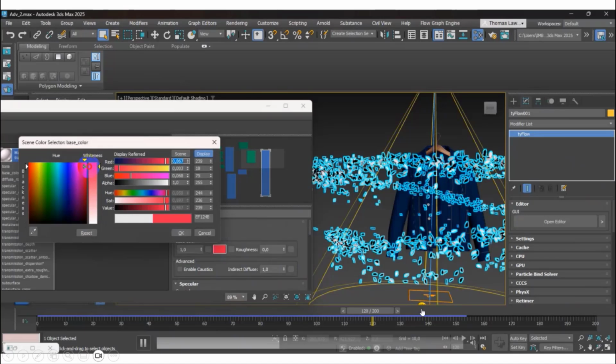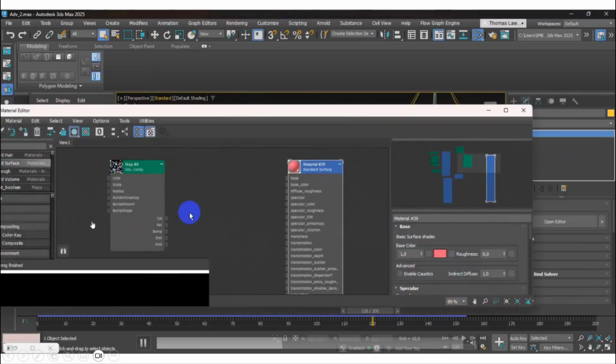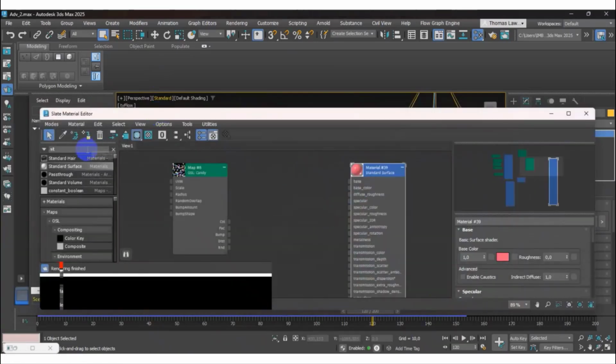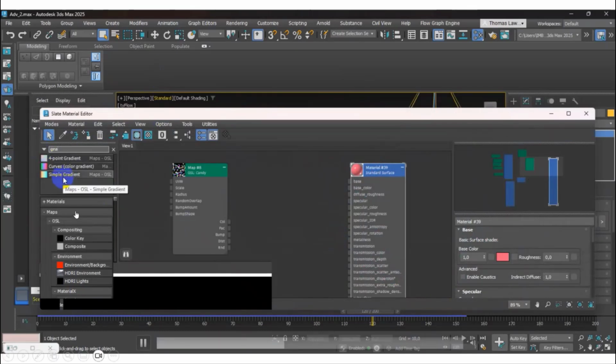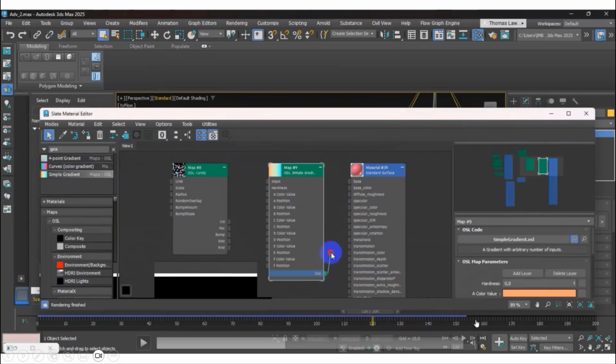Arnold can also apply. Let's say I want more gradient, so I can pick the gradient node inside the material editor. This is easier for me to create a gradient, to add more variants of color. Then we can apply. Is it possible to apply directly from the material to the particle? No, the answer is no. You need to drag it to the icon. Okay, this is apply.